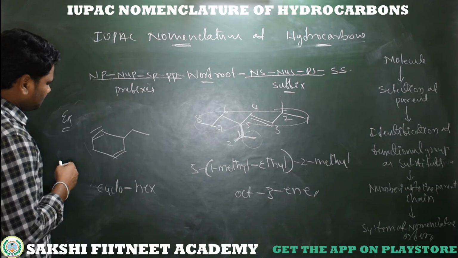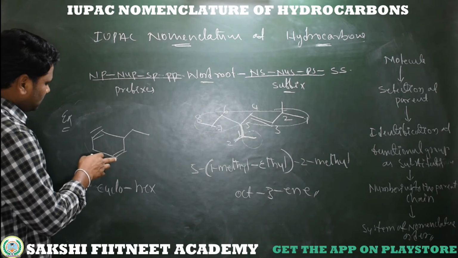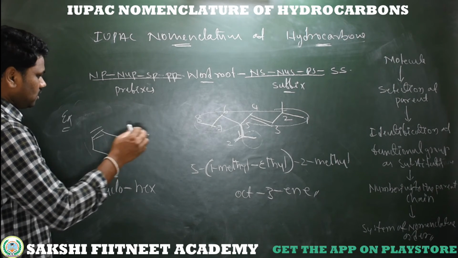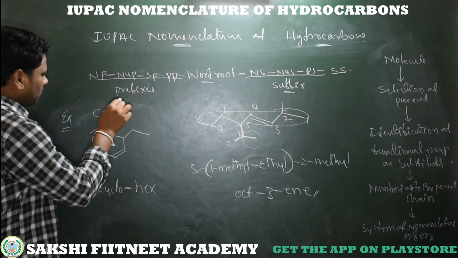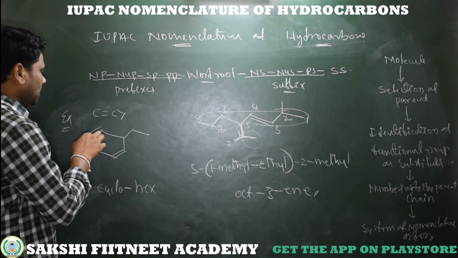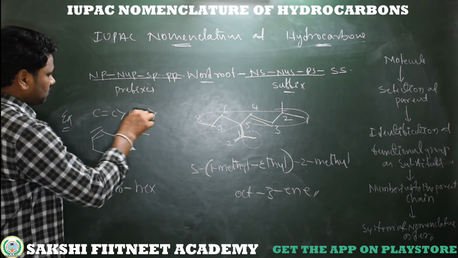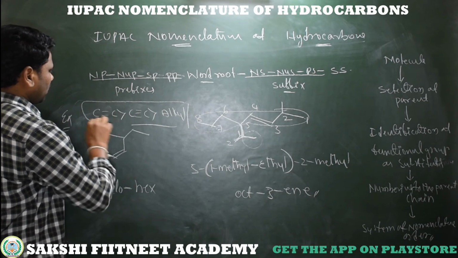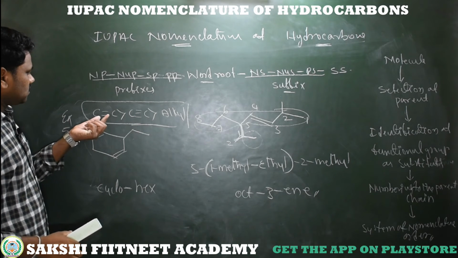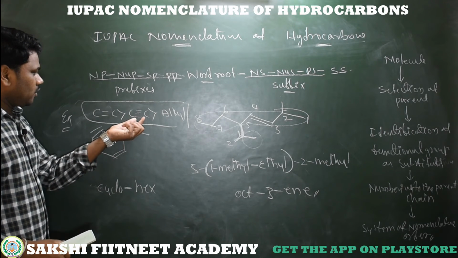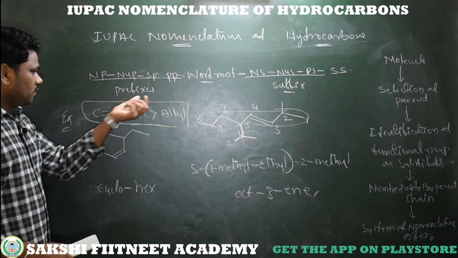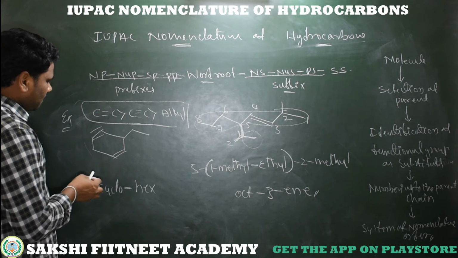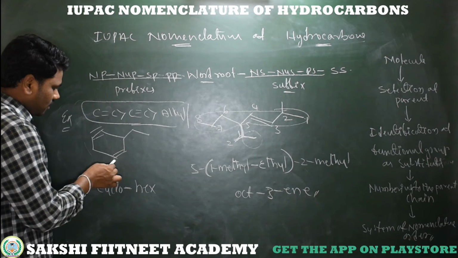Then we have unsaturation as well as a substituent, so we should give numbers. Numbering is done from here; we have unsaturation, that is a double bond, a triple bond, as well as an ethyl group. We learned about the priority: a carbon to carbon double bond has more priority than a triple bond. Then we should take the alkyl group last. This is the priority order: the double bond has more priority compared to the triple bond, and after these two we go for the alkyl substituent.